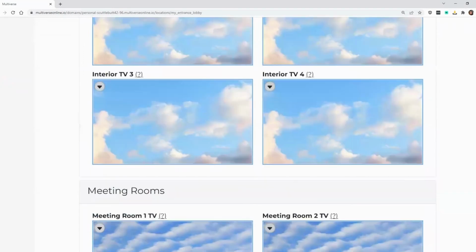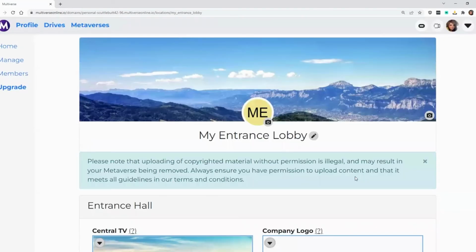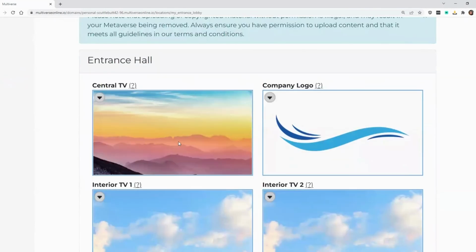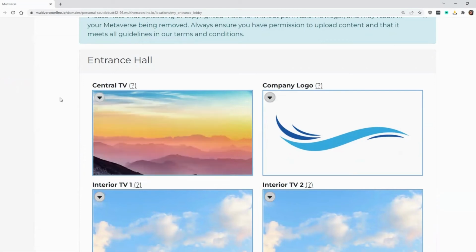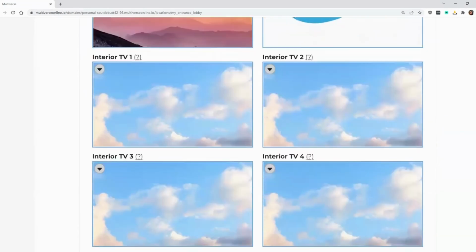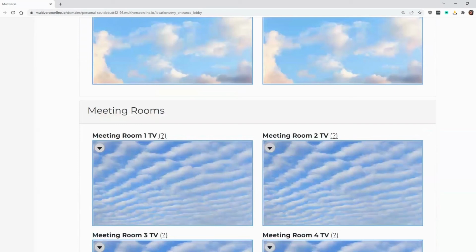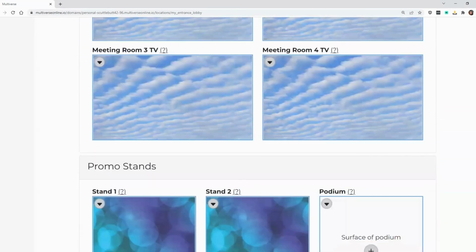Now you're at the template where you can create custom items within this room. You have the central TV. If you hit the drop-down list, you can either upload a file or you can also drag and drop onto this screen. If you click on the question mark, it tells you what proportions the item needs to be in this section right there. As you scroll down, you'll notice you have several things that allow you to customize this